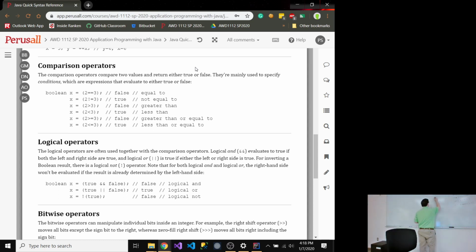So string x is now equal to null, and string y is equal to foo. So far, so good, no problem, right? So I've got a null, and I've got a string in the other variable. If I try to compare these,